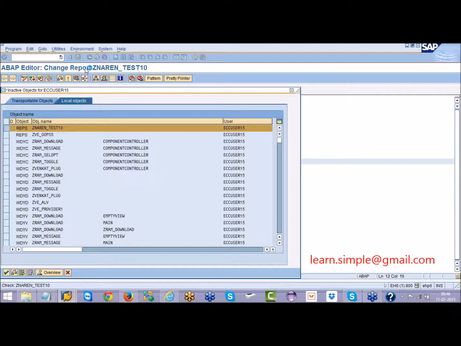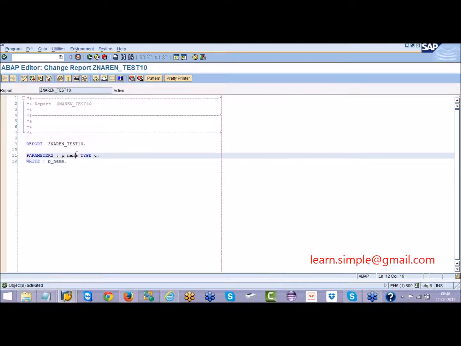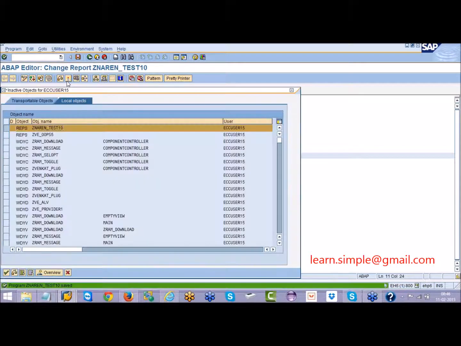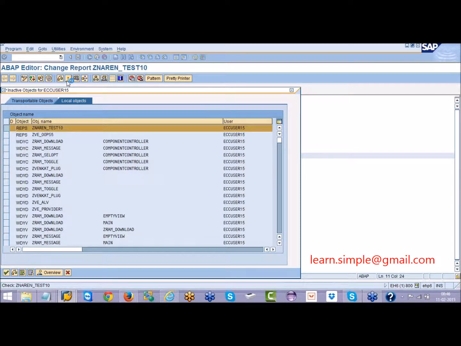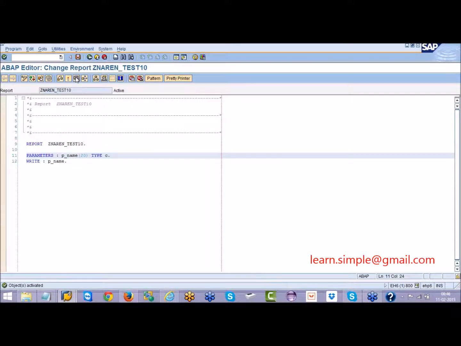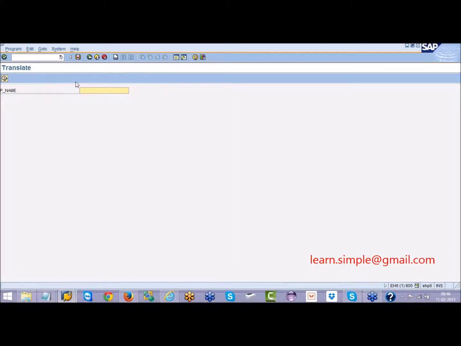I should specify the length of it. If I don't specify the length, it will assume the length as 1. I'll specify the length as 20. Execute.